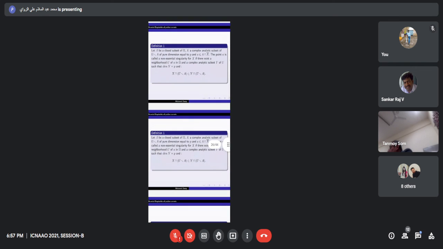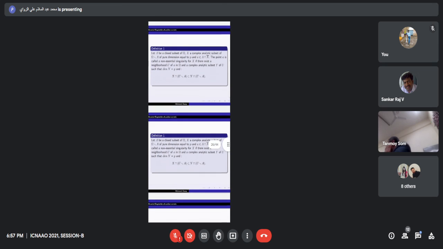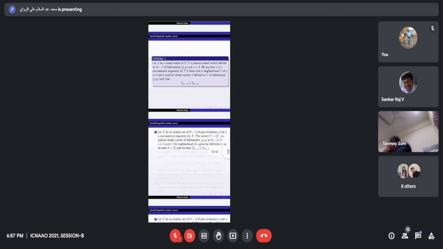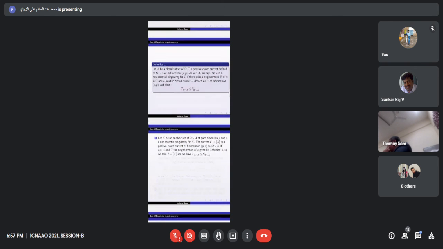Now we start the second section by giving the definition of the non-essential singularity. If we take A a closed subset of Ω and X an analytic subset outside A, a point of this set is said to be a non-essential singularity if we can extend X in a neighborhood of A to obtain a submanifold which is analytic with the same dimension. And we extend this definition to current, and we say that a point A is a non